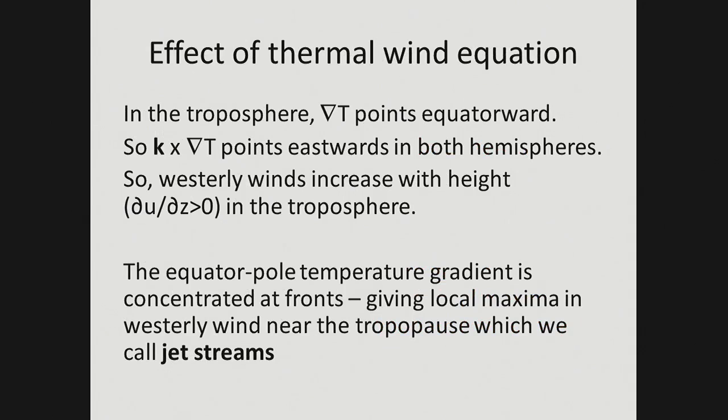So what does this equation do? Grad T points equatorwards in the troposphere. Obviously, it's warmer at the equator than the pole. So k cross grad T, if you think about it, k is up, grad T is towards the equator. That vector points towards the east. It doesn't matter which hemisphere you're in, because it works the same in both hemispheres. So westerly winds increase with height in the troposphere, right? So du/dz is positive,